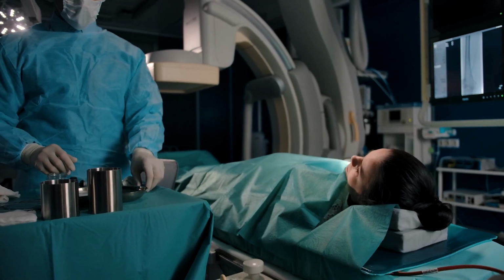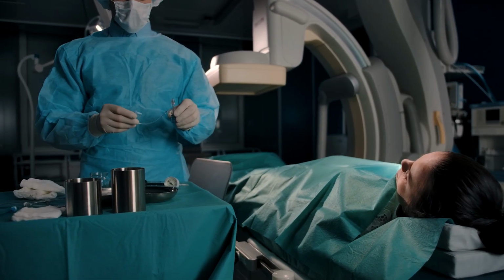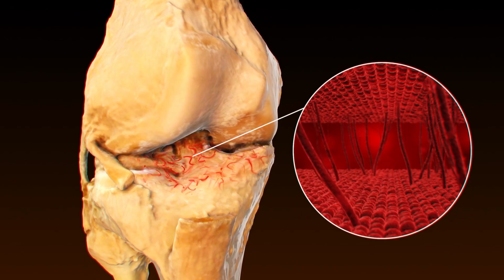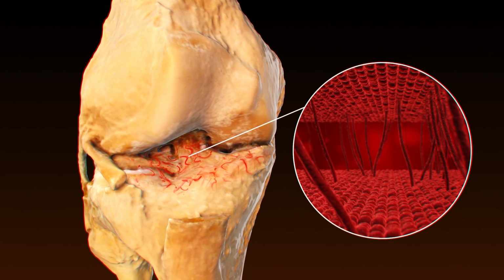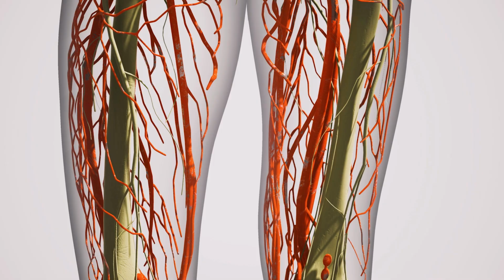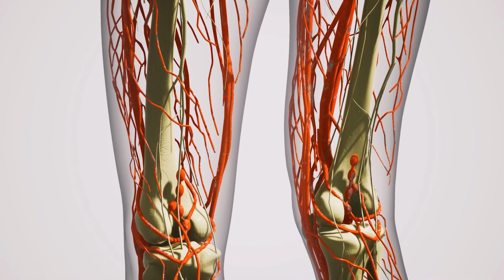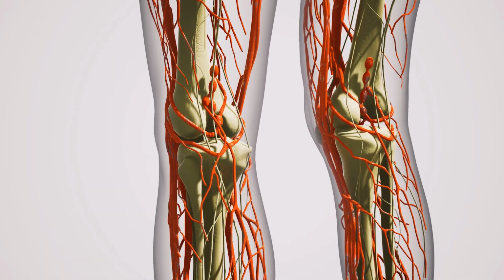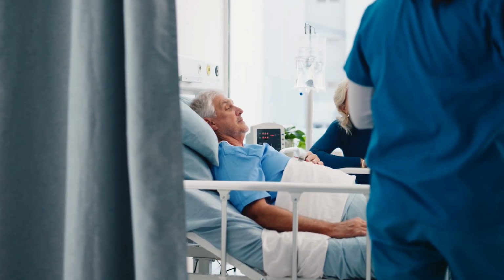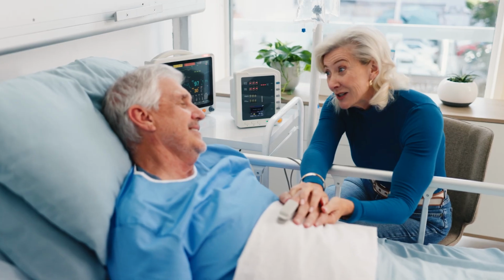Everything is done through an IV that we start in the groin area or in the wrist, and then we find our way under X-ray guidance using tiny little tubings, catheters, into that area that is inflamed, and we can actually see the inflammation under X-ray, and then block the arteries, which are the tiny little vessels in that area where it's inflamed. The idea behind it is to reduce that inflammation by starving that area of blood supply. The whole procedure takes about an hour. Patients recover in our clinic afterwards for about a couple hours, and go home the same day.